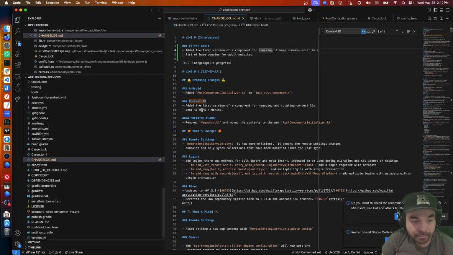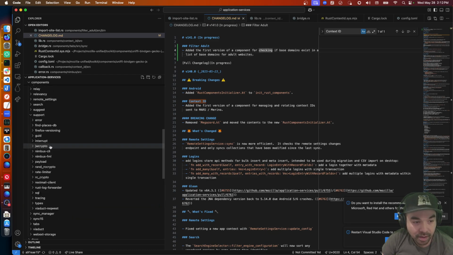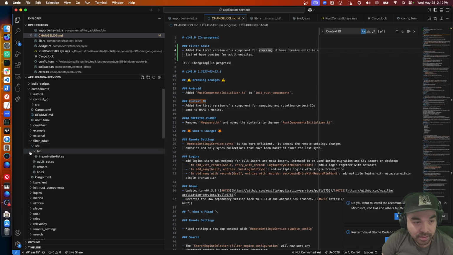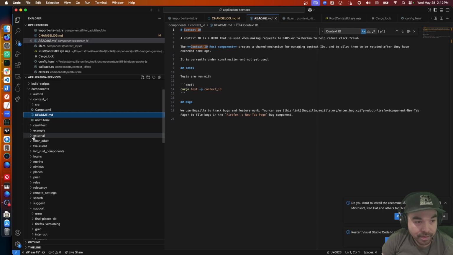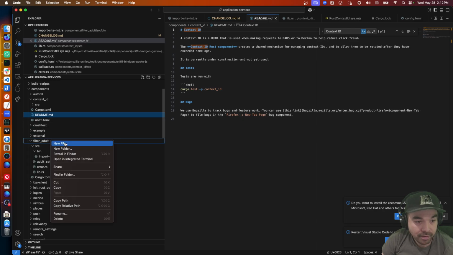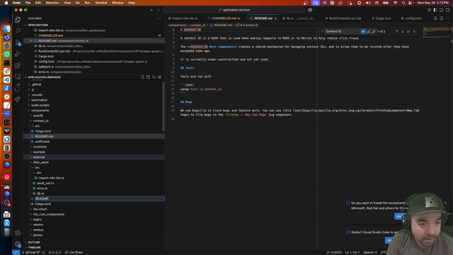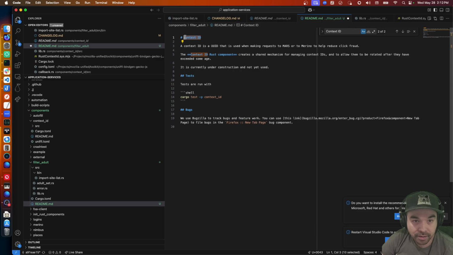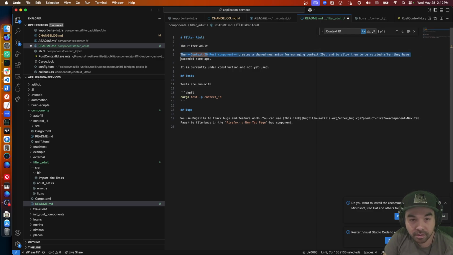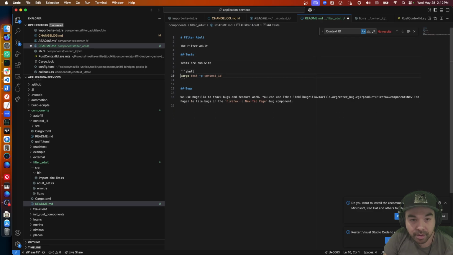Okay. And now what do I need documentation wise? What did I add for context ID? README. So I'll need a README. New file, README.md. What did I write in here? Filter adult. The filter adult. So run with cargo test. Filter adult. The filter adult module